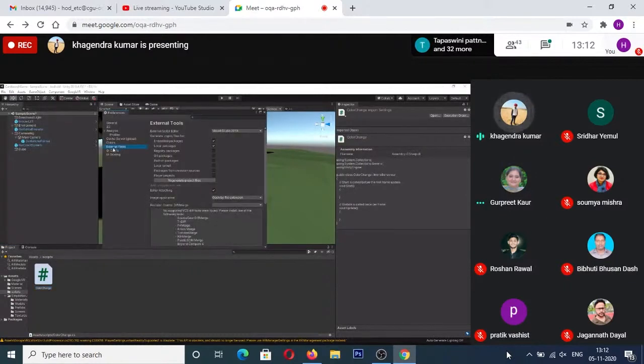Inside external tools, you have external script editor. Whatever editor you have, you can select it, or if it is not available in the list, you can browse to it in order to change your editor. That means you can use Notepad, Notepad++, or whatever we are using.